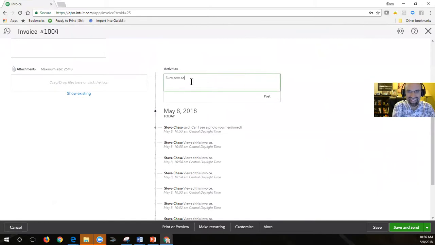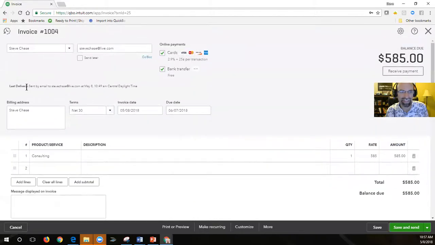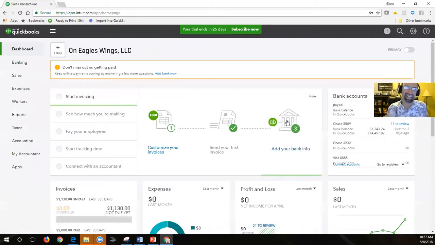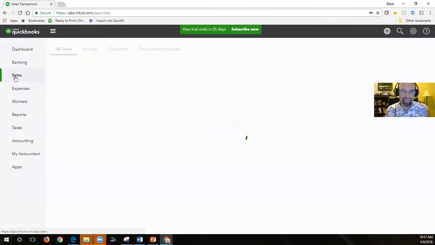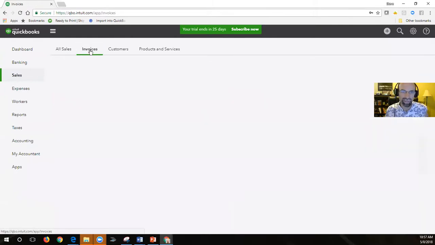One sec. You know, and if I wanted to attach anything, just click right there. Let me do that right there, okay? Attach anything I want to connect with that, and I'll send it out. Also, you'll see the last delivery set here as well. Okay, and then let's take a look at how I could track it through the money bar as well. If I go to the sales, another way to track your smart invoices, just open up the sales. You can get to the invoices,